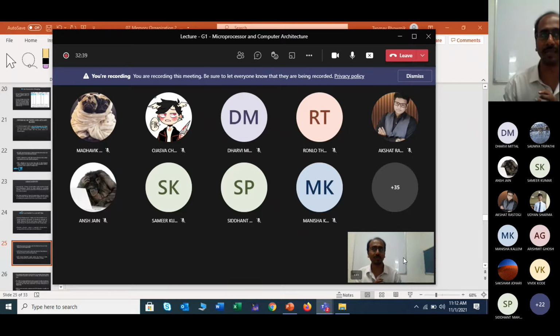So you have been assigned a room before 3 years. Maybe I can use the name Madhavik. So Madhavik has been assigned one room before 3 years, Ans has been assigned one room before 2.5 years, and Samir has been assigned one room before 2 years.